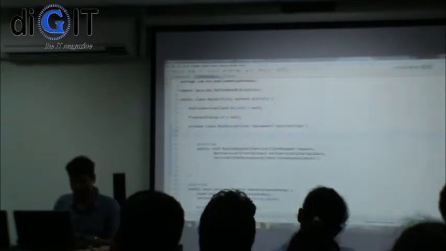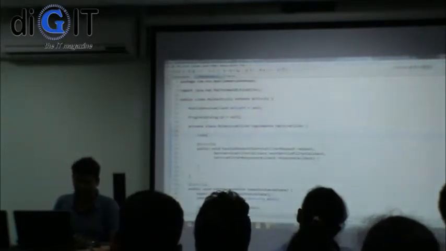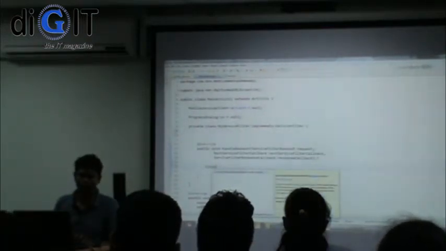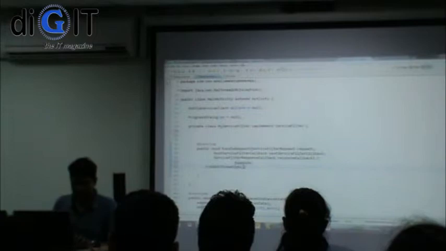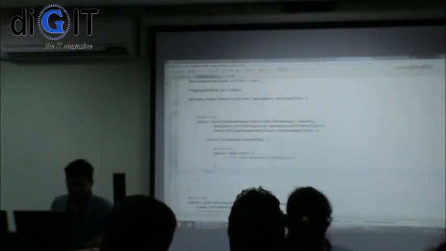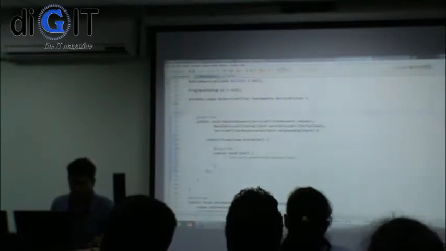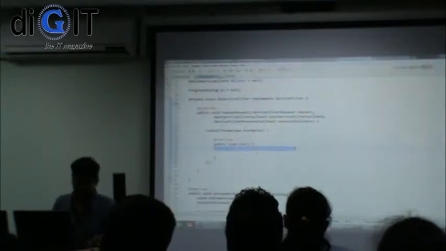It provides a helper method called runOnUiThread, and it will ask you for a runnable. So you can basically say new Runnable, and you can say something like this, if I remember it right.